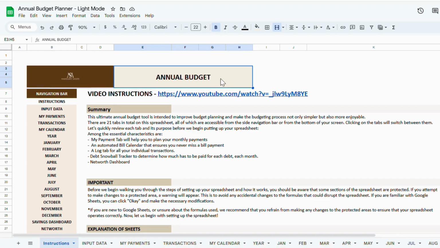Welcome to the annual budget template, brought to you by Mahogany Studios, a smart and powerful tool designed to give you instant clarity over your finances. This template provides a clear snapshot of your overall budget, whether you're tracking budgeted amounts, actual spending, or running various